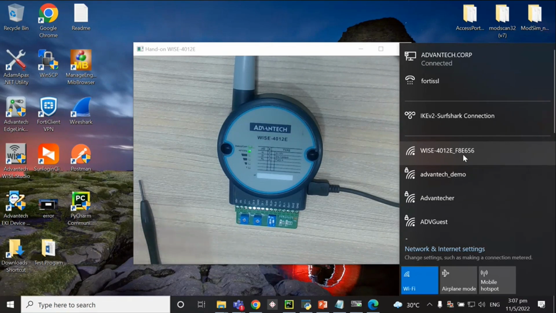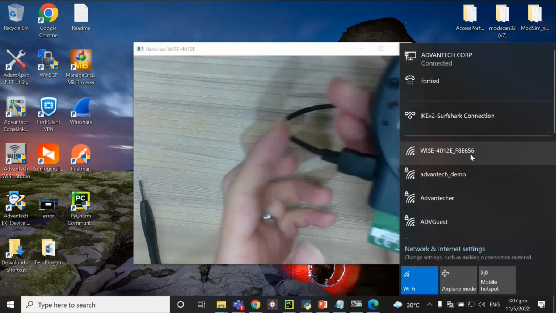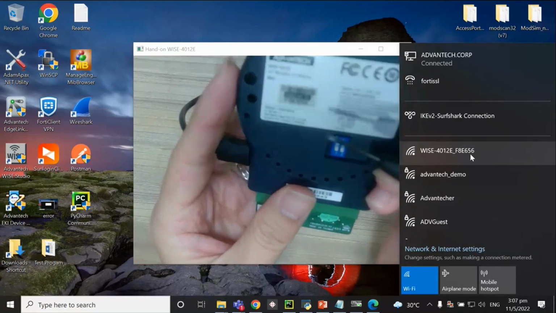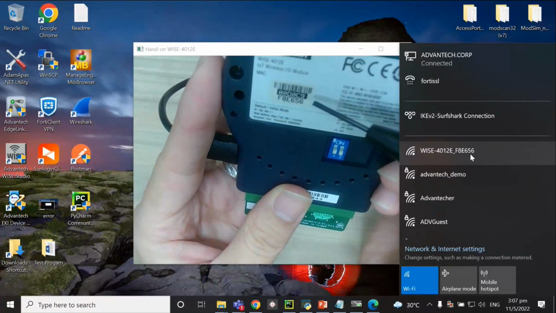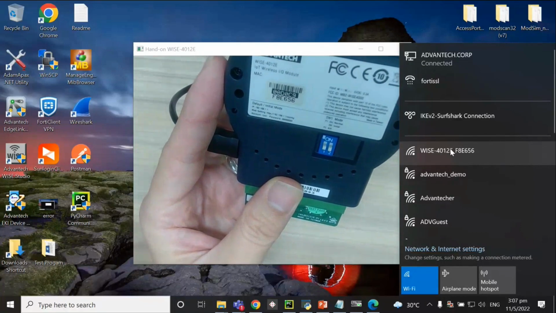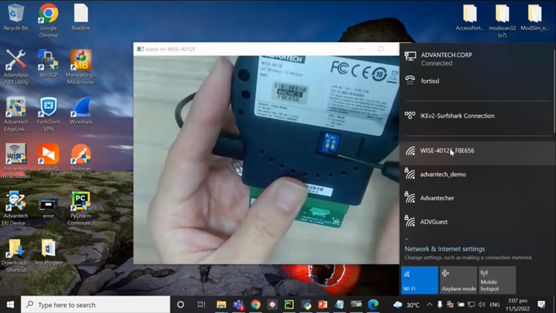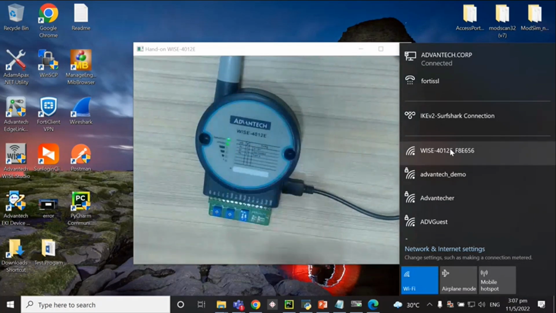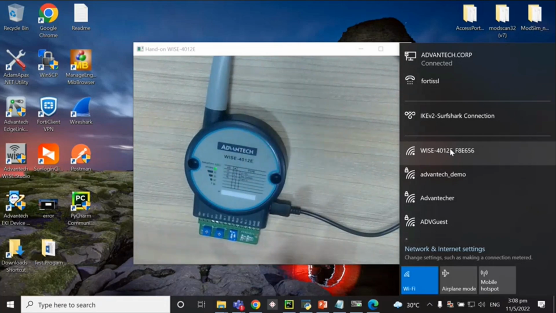I did explain to you that you need to remember or understand the MAC address. This is the last 6 digits of your MAC address. If you look at the back side, you will see that F8E. This is the actual MAC address. What is the purpose of this? Let's say you have multiple same devices when you do the setup,